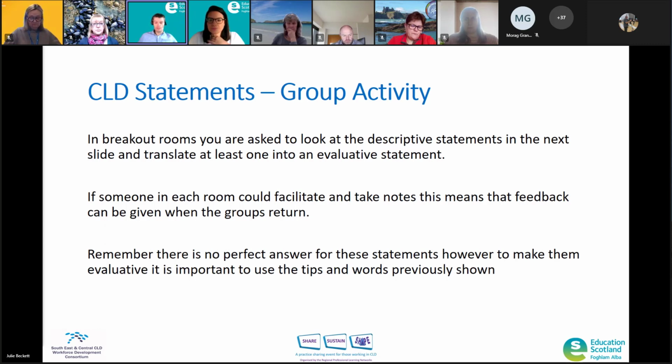And when we're going to each room, can you maybe potentially introduce each other? So again, it makes it more comfortable. And like Julie said, if someone can take wee notes or maybe even write out the statement and just type it up in a document if you have it, or just write it out by hand.